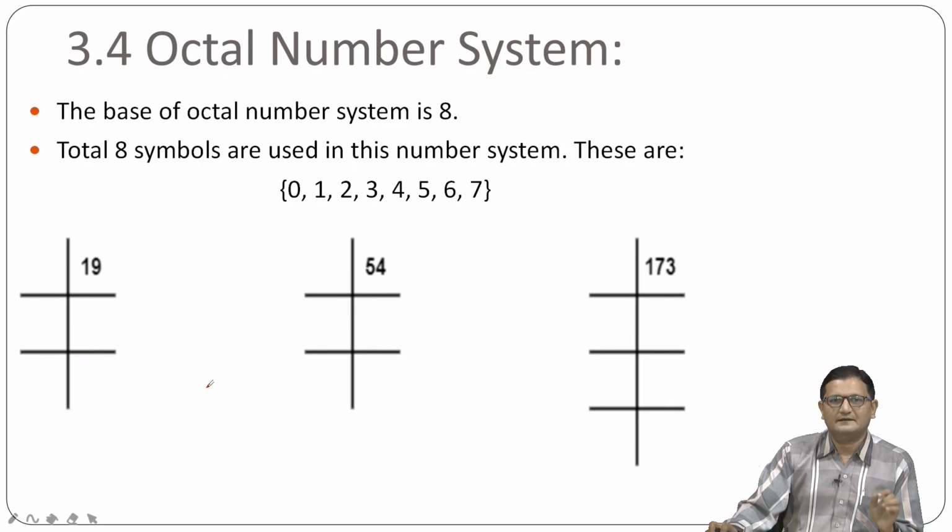And due to that reason the base of the octal number system is 8, right. Now suppose several numbers are given, for example 19, 54, 173, and suppose you want to convert these numbers into the octal format, right. So what you need to do is you just